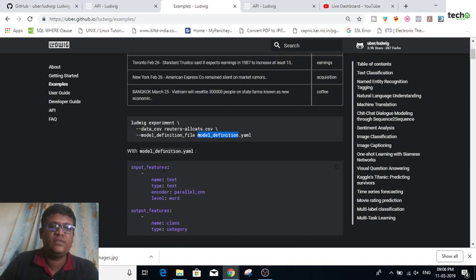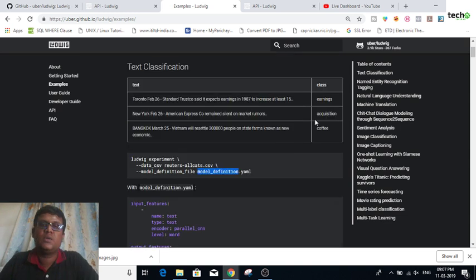So these are the input features. Name is text, type is text, and for the encoder you can use an RNN or parallel CNN or a CNN or something like this. The output you are obtaining or expecting is just the name of a class, and it is based on the category. The name of the class will be based on the number of features that you are going to train. So if the data is closely related to a statement like New York, or it can be any other country, then it is going to predict that it belongs to